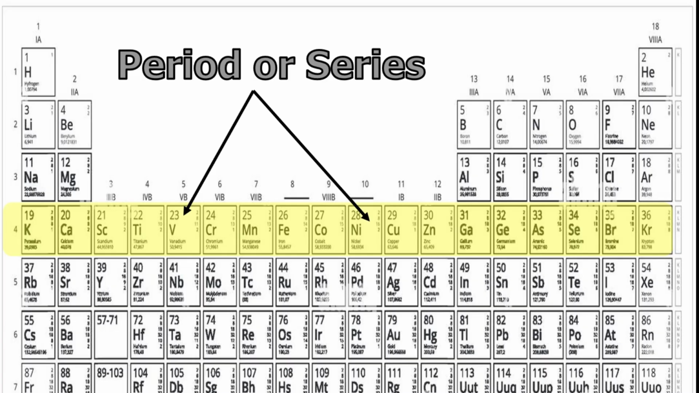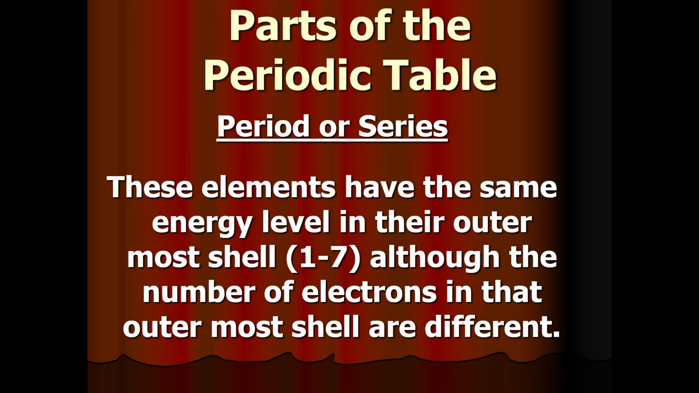Just remember that a period is normally placed at the end of a sentence. In English, a sentence is written horizontally, so a period on the periodic table is the horizontal row. Elements in a period or series have the same energy level in their outermost shell. Just remember that although they have the same energy level, the number of electrons in that outermost shell are different